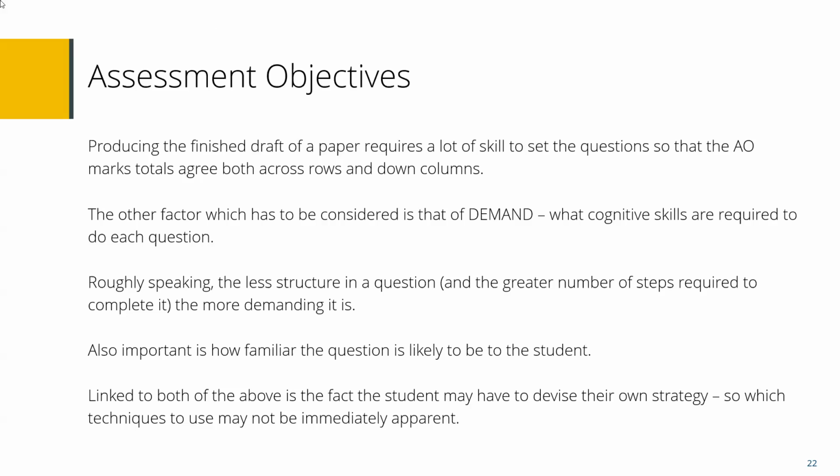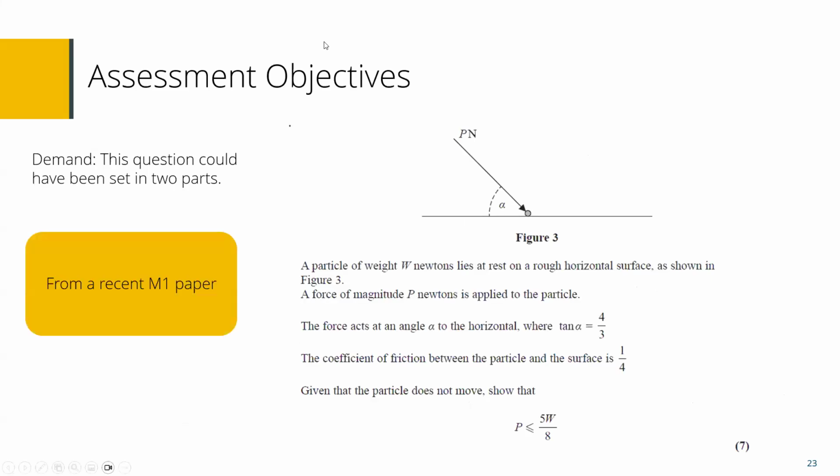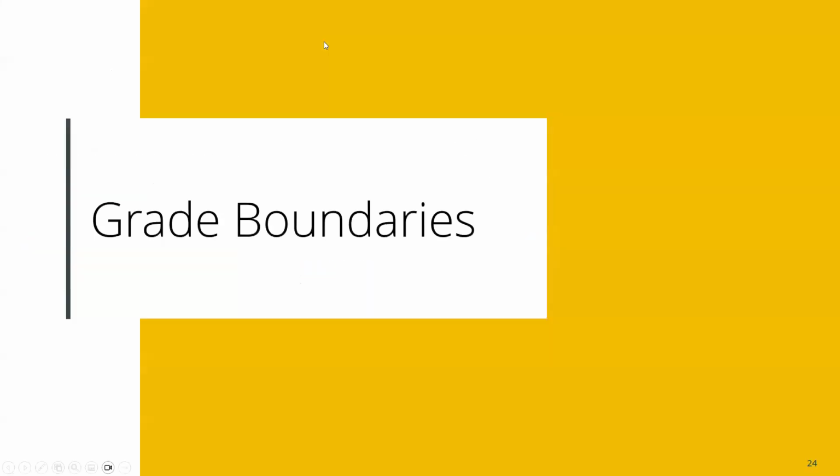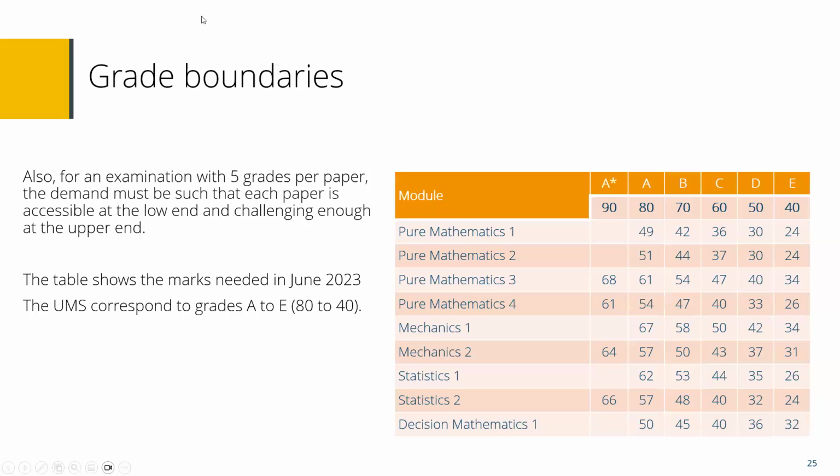If we look at grade boundaries and how that all fits in with grade boundaries now, have a look here at how that all comes together. So grade boundaries and the corresponding UMS were covered in Module 1. However, we'll mention a few things here. Grade A is about 80%. Grade E varies a bit more here, between 40 and 50%.